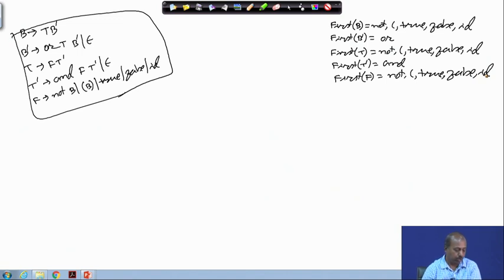Now, what about the follow sets? Okay. So, follow of B: you see that B can be followed by close parenthesis, and B is the start symbol, so dollar is there. So, what about follow of B dash?